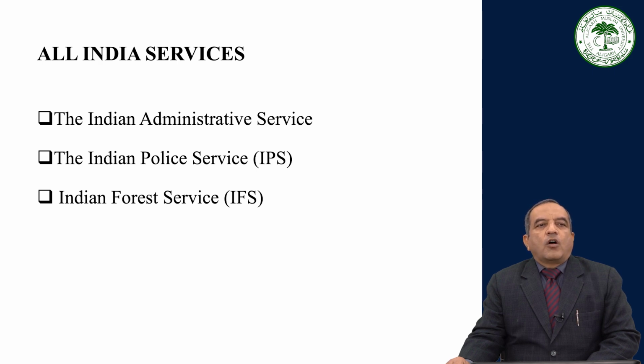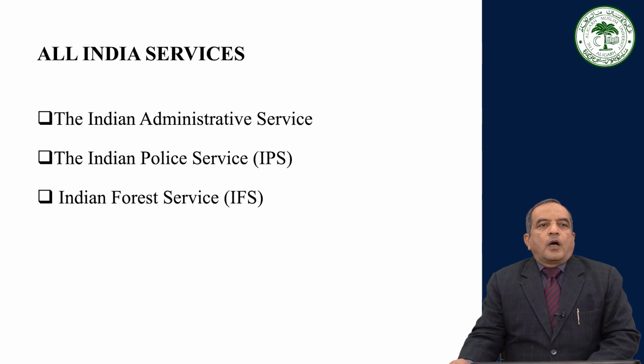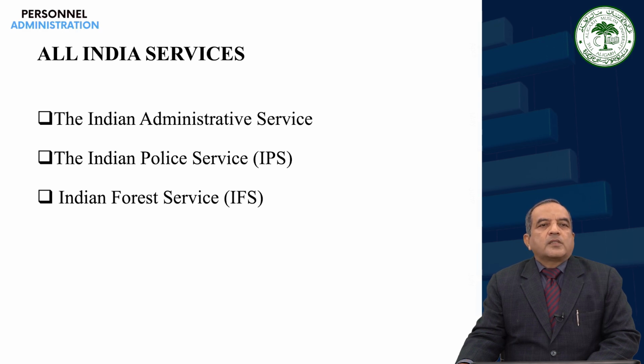Most officers have a chance of serving at least one spell of duty under the union government. Some may have more than one such spell. The tenure system is the official term for top officials moving in and out of secretariat jobs. State authorities pay these cadres' salaries and pensions. However, the central government is in charge of discipline and punishments, following the advice of the Union Public Service Commission.